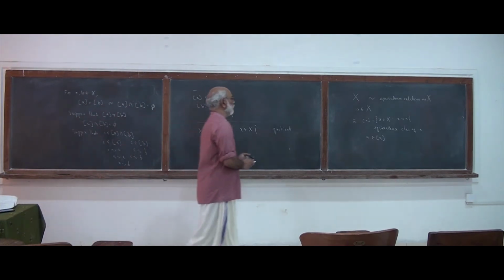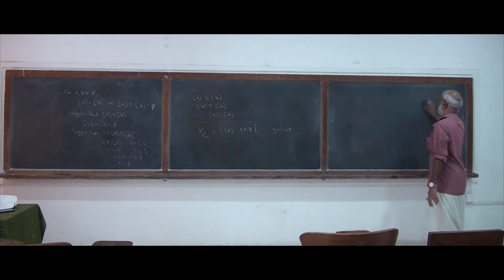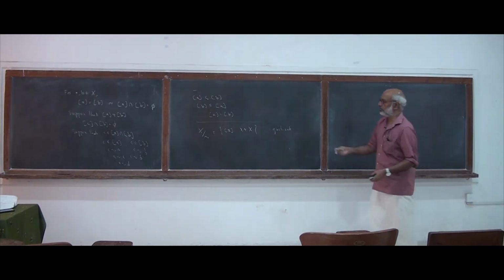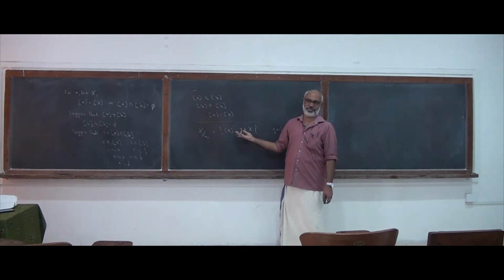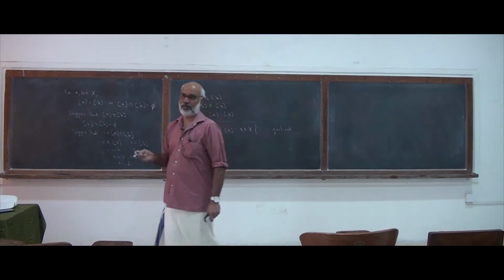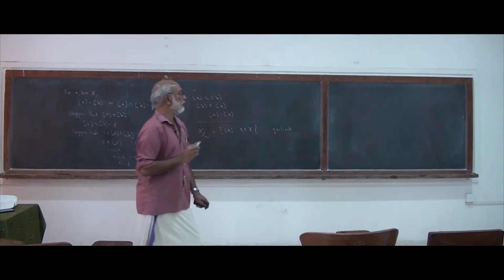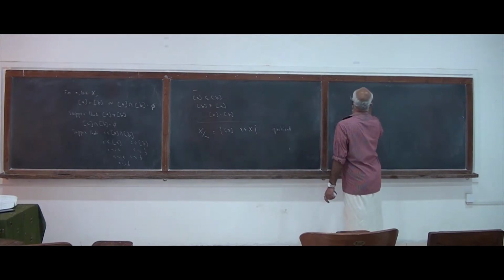Now, these equivalence classes are all actually subsets of X; this is a collection of subsets of X. This collection of subsets of X has two properties. One property is that the union of all these sets